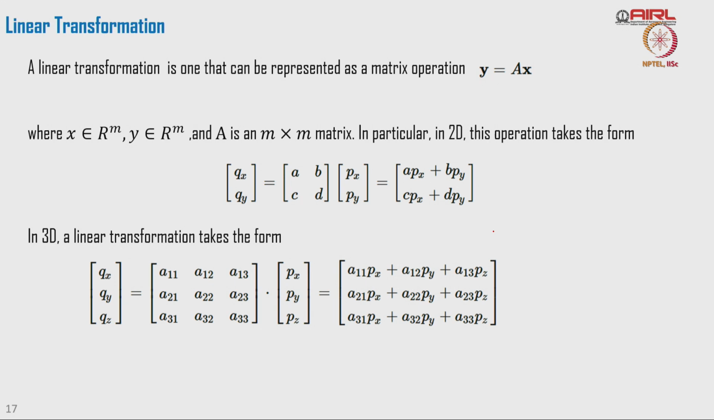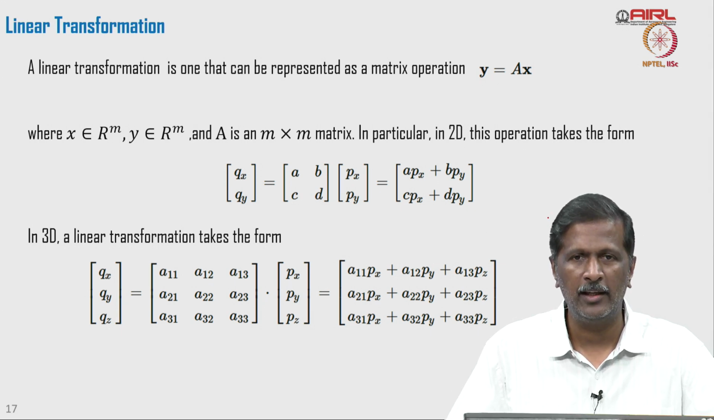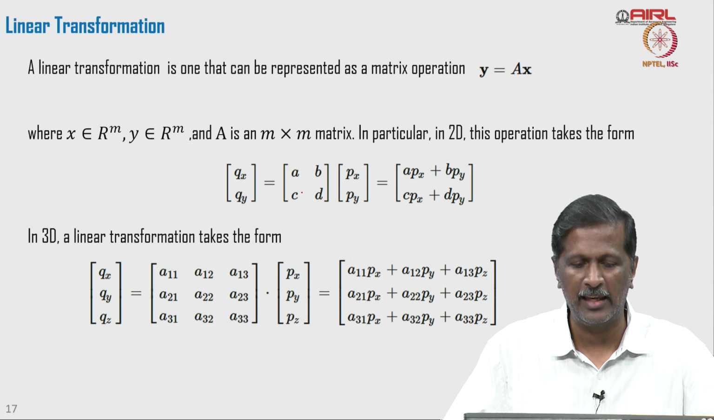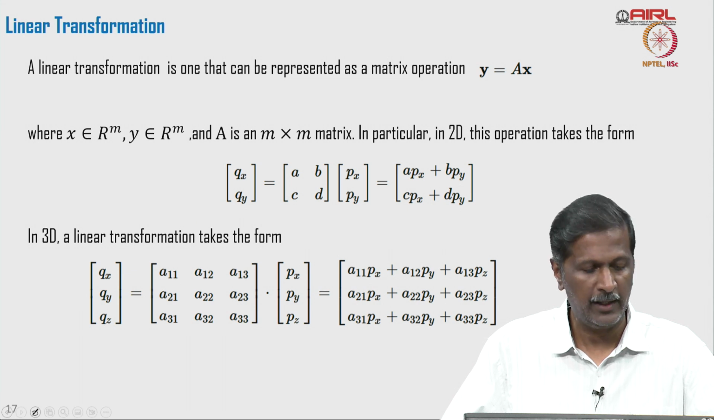So, a linear transformation is one that is represented by simple matrix operations. x is transformed into y by a linear transformation A, where x is in R^m in general dimensions, and y is also in R^m, and A is an m cross m matrix. For example, in 2D plane, this operator takes a transformed point Qx and Qy from Px and Py, where the A matrix is 2 cross 2 with the elements A, B, C, D, then Qx is A Px plus B Py, and Qy is